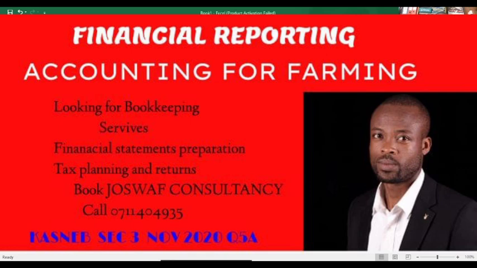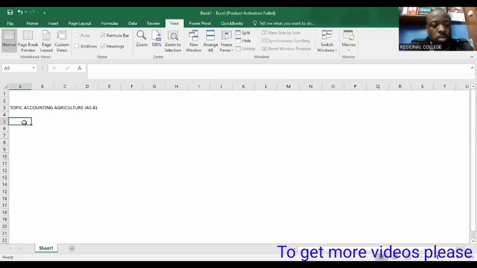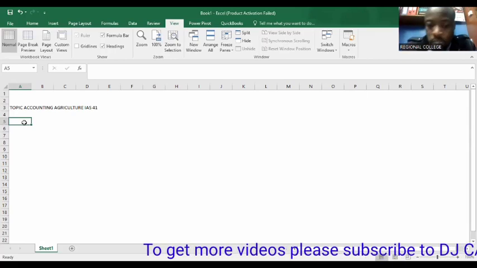Under the accounting for agriculture, this is where someone is trying to do a business of agriculture. And when you're doing a business, you can have some departments within your business. For each department you can create its information so that you know how much is the profit or the income coming from that department. So the question is to decide which departments you can create.